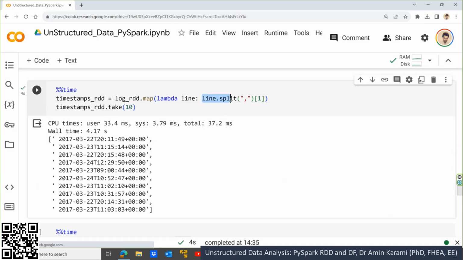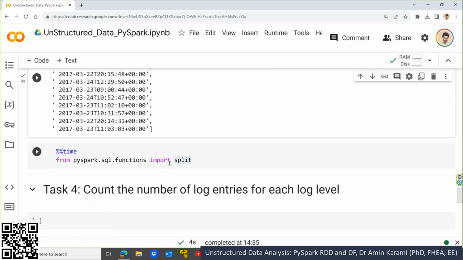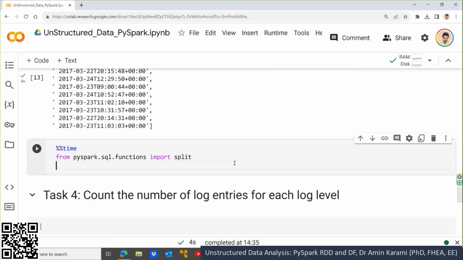It's going to take over on each partition, and there is no parallelism on the split in RDD, because map is going to take this split to get run in parallel mode. So for second, let's see how long it takes with